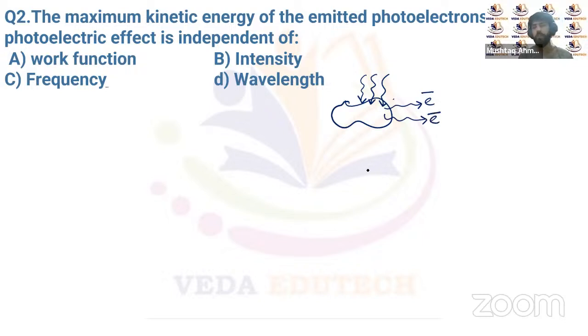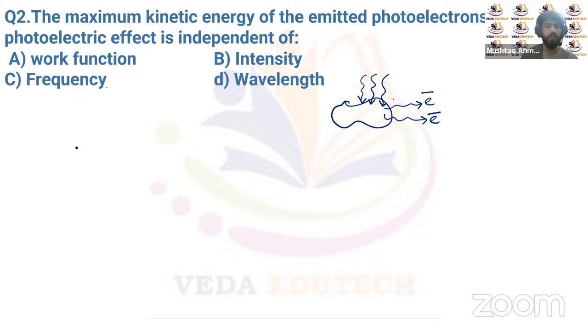And we know that the minimum energy required for this emission to take place is what we call the threshold energy, or the frequency called the threshold frequency, or what we call the threshold wavelength. So the minimum energy required so that an electron is unbound from the metal surface, that minimum energy we call the work function. So it is necessary that